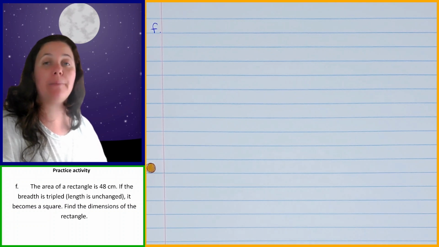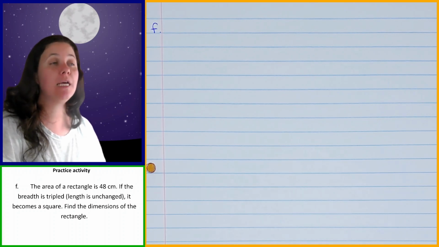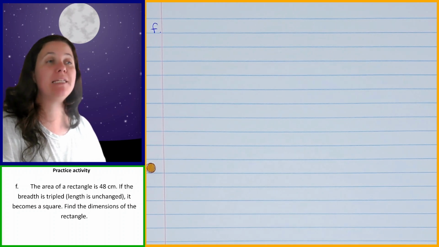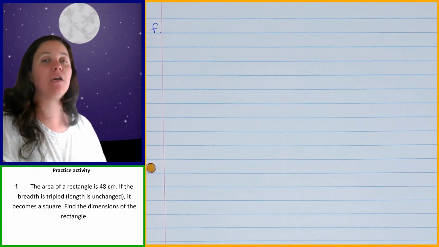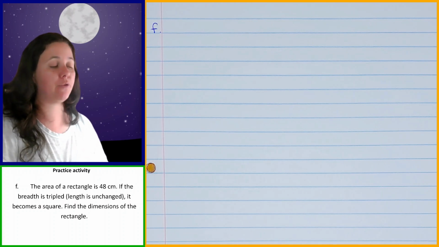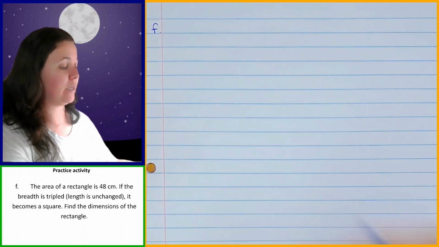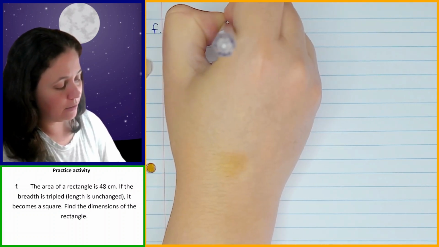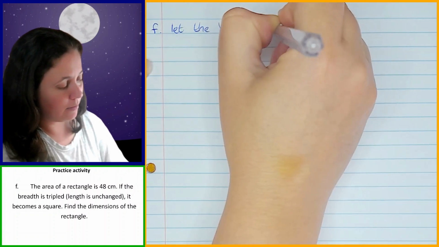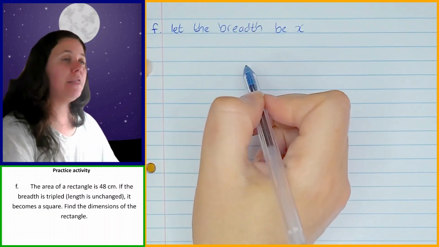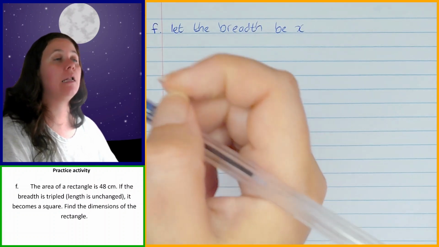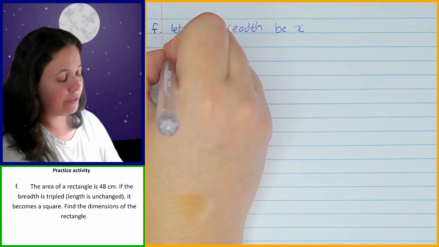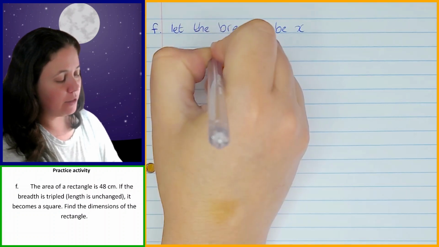So we need to make one of them x and the other one in terms of x. Okay, so now I'm going to make the breadth x because I've been told that it is going to be tripled. So that means I'm going to have to multiply it by 3. Now it's going to be easier to multiply x by 3 than something else that's in terms of x and multiplying that by 3. So I need to make the breadth x. Okay, so let the breadth be x. Okay, then I need to go and say what the length is going to be in terms of x. Therefore, the length